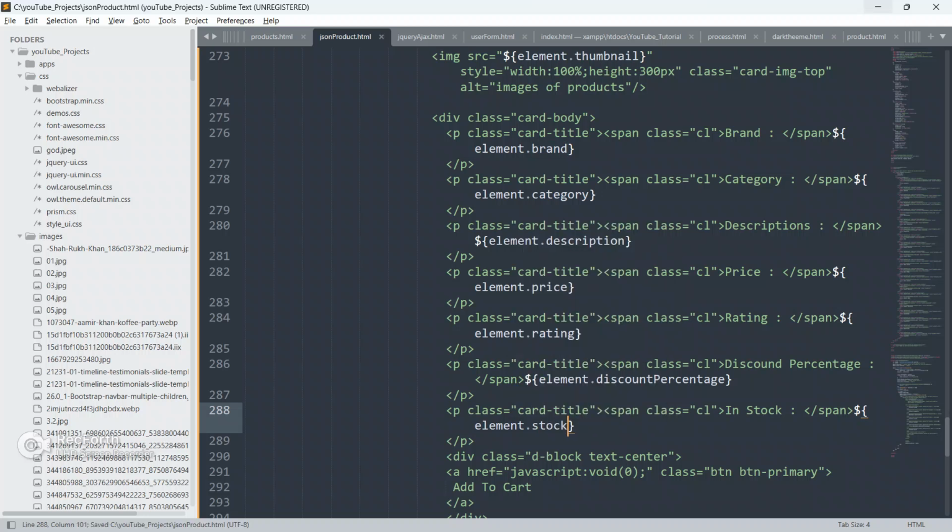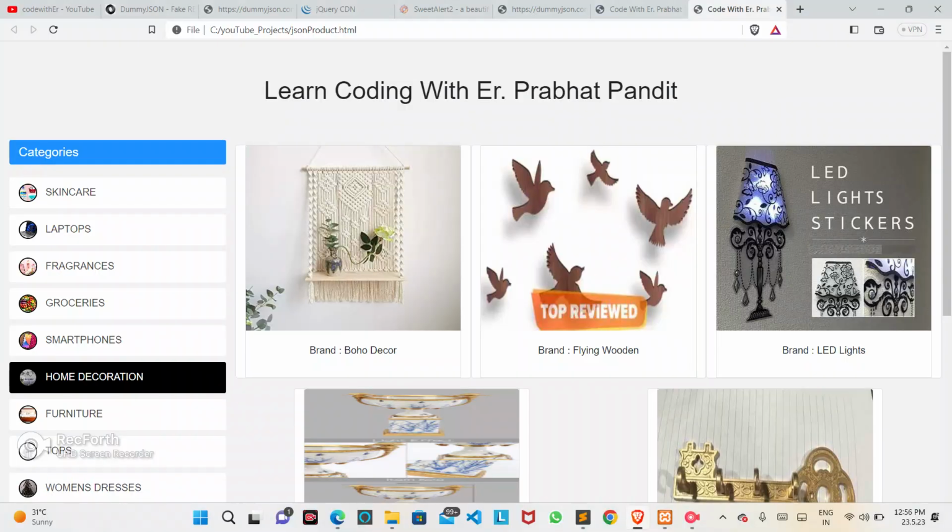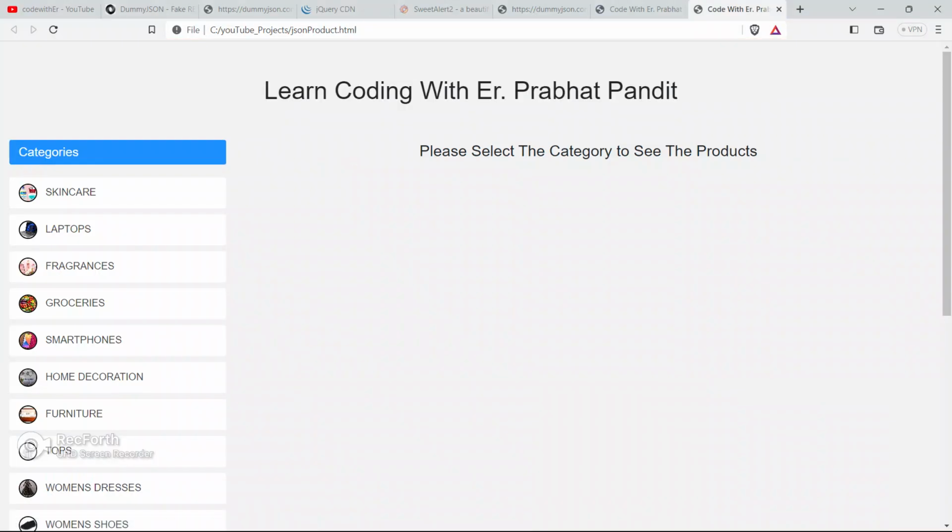Okay, so later we will style this. As of now, just save this code, go to the browser and refresh your page.